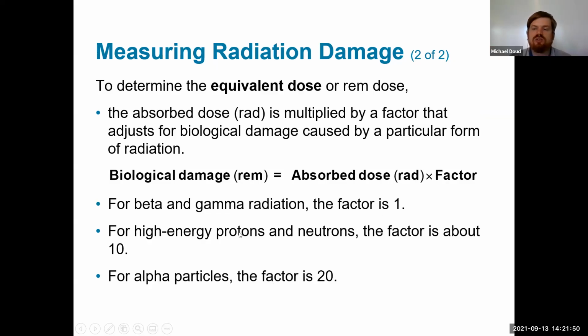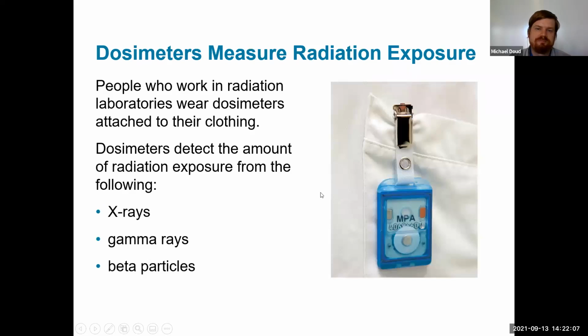For the high energy protons and neutrons, they're extremely damaging too, but they're more like a car. So maybe this is like a cement truck. This is a car, and then the beta and gamma radiation might be like a bicycle or something like that. It's still going to hurt if it hits you, but it might be more survivable than the truck. So that's not going to be on the test, but I just wanted to explore that, because